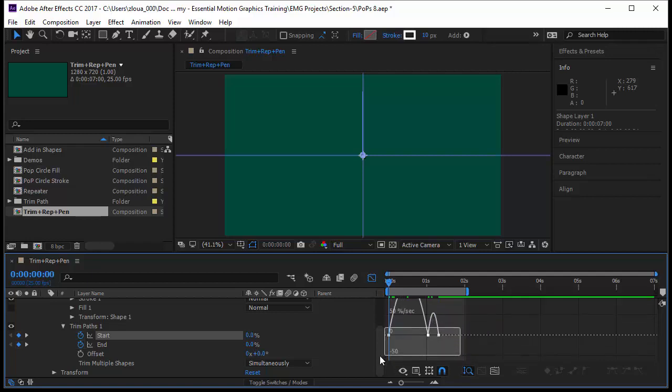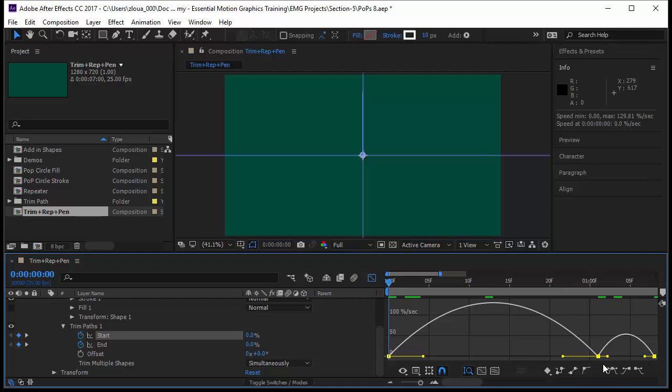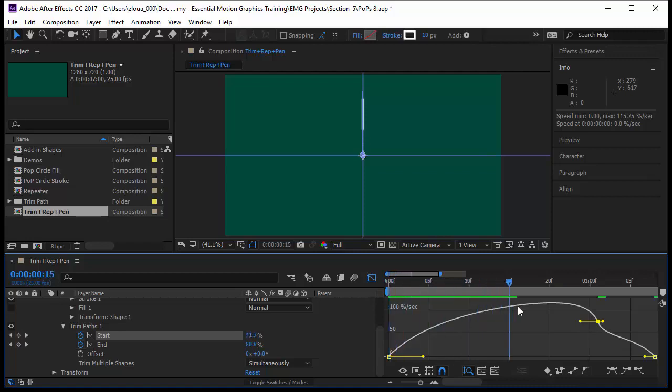I will select these keyframes. I can also click on start and go to fit selection to view, and I can see them here. Now this is very bad because it will really kill the animation. It will stop. I will select this keyframe and make it continuous Bezier or auto Bezier. Now the animation is much better because it will go up and start smoothly going down,